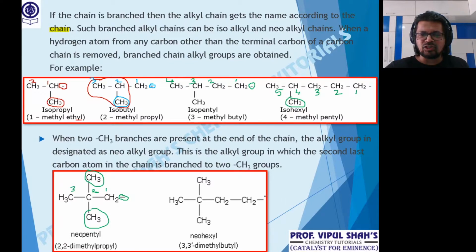Same way here, where the valency is short, 1 short. So it's 1, 2, 3, 4. Technically the second last carbon is attached to 4 others, so it's neo. Total 6 carbon atoms, so it's neohexyl. At 3 there are 2 methyl groups, so that will be 3,3-dimethyl, skeleton of 4, butyl. Clear everybody? Here they have given us 3 dash. It is just 3,3 only, not dash, because both the valencies are to be written. Clear everyone how this is? Let's see some more groups.